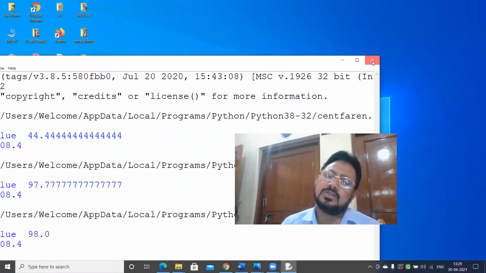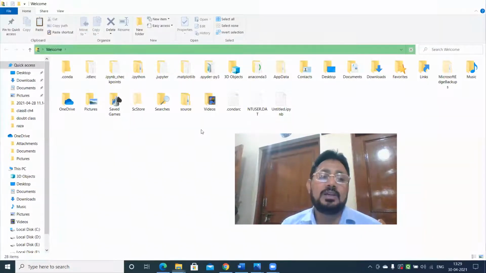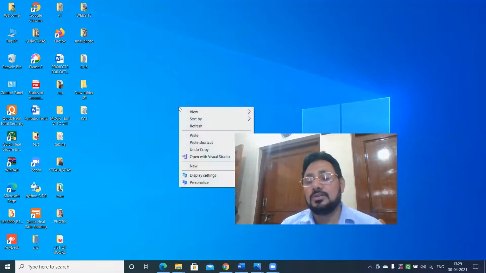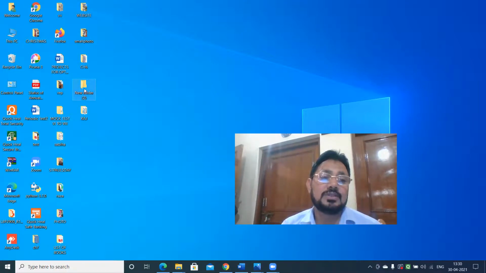If you want to close, you can close, because we know where our files are stored. If you want to make one on your desktop, you create a new folder. Already new folder 2 is there.